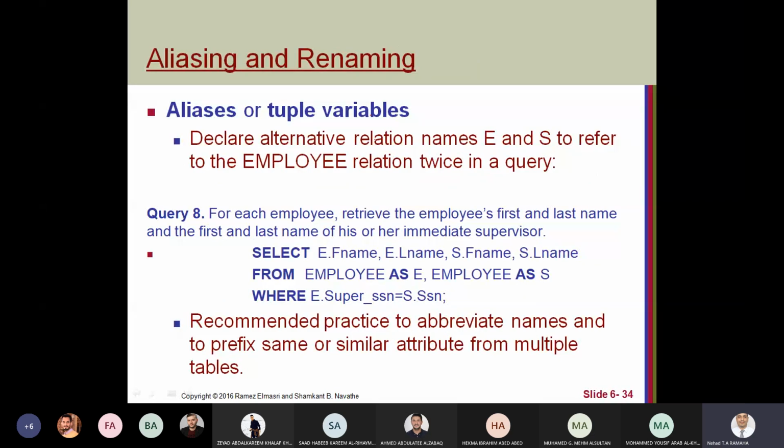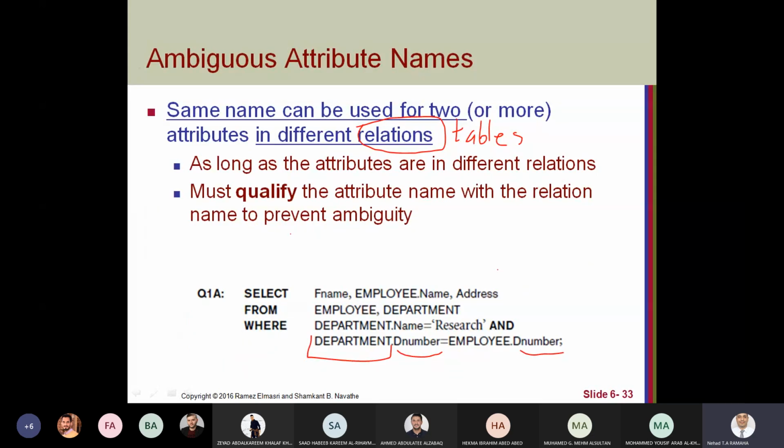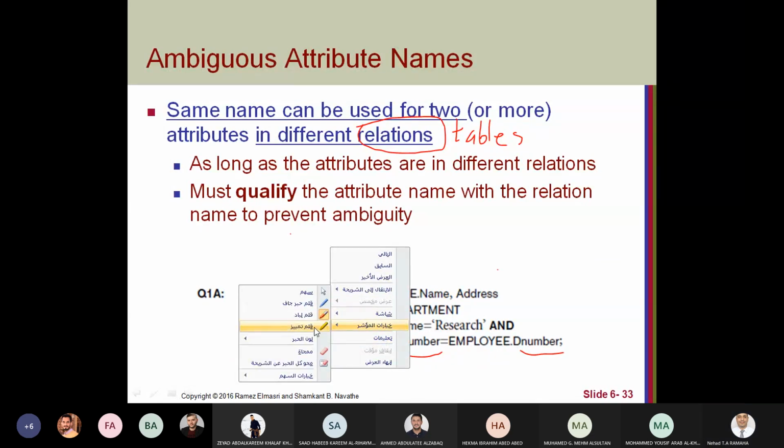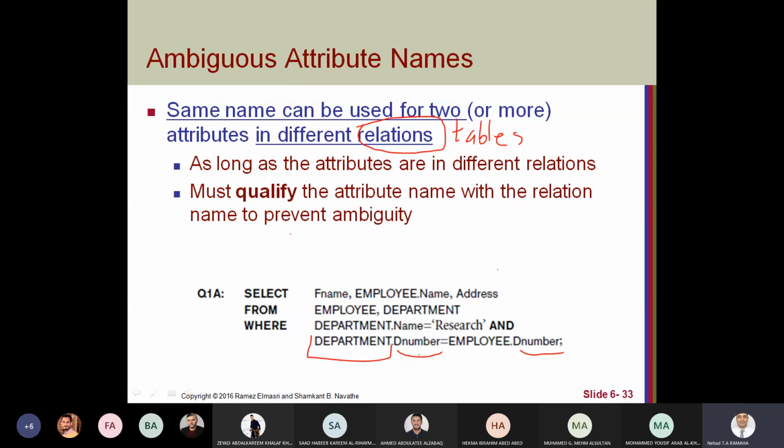Okay. Another way: we said if we have attributes with the same name, then we can use the name of the table to differentiate between these two names. If we have different names, it's okay.